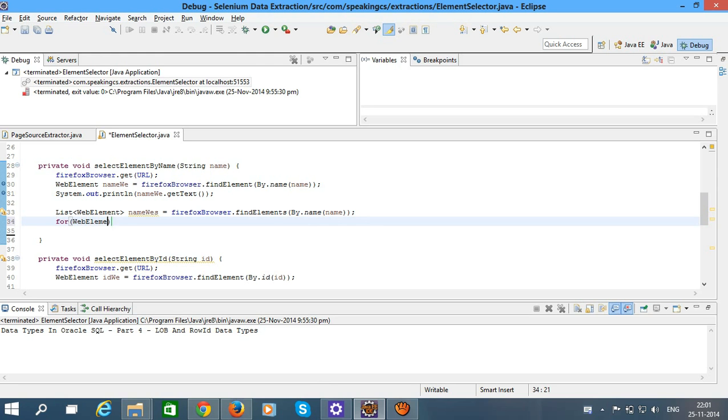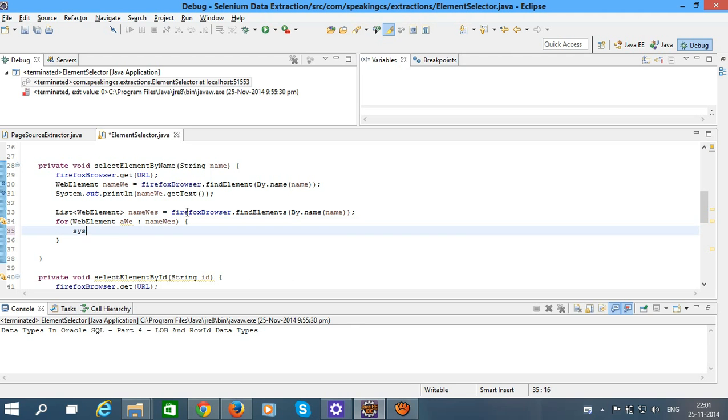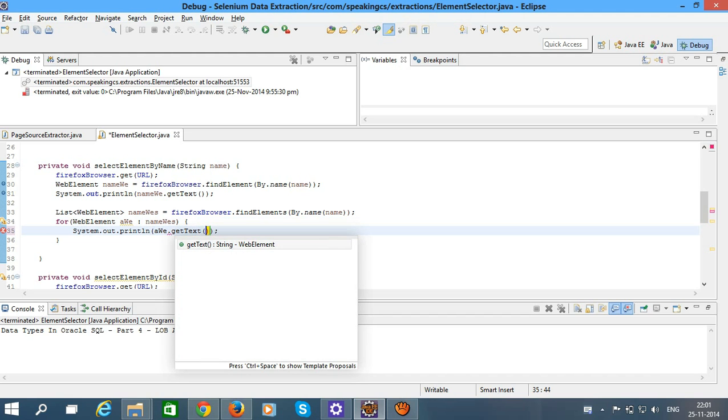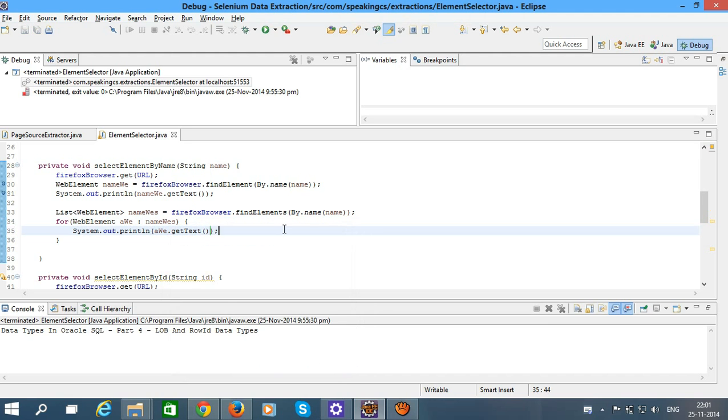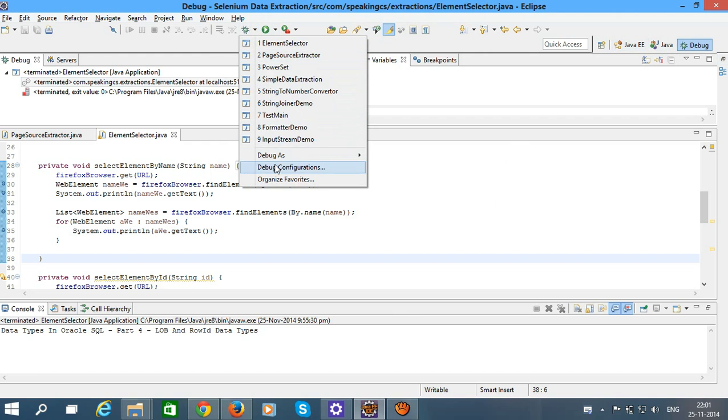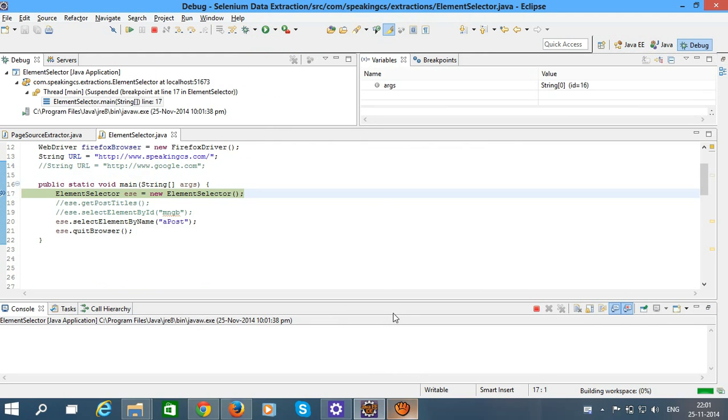Here the list of web elements is an array list. Now in each iteration call the getText method, sysout awe dot getText, to get the value inside the element. Put breakpoints and debug as Java application. Hit F6 again